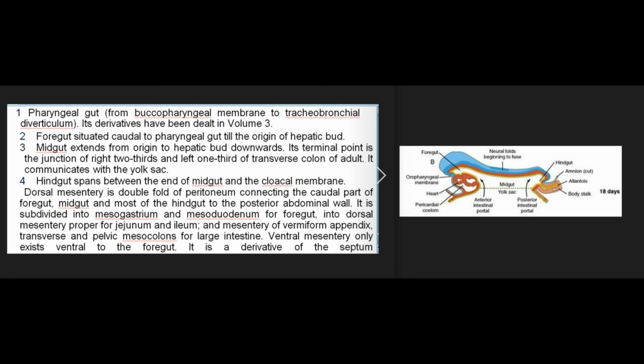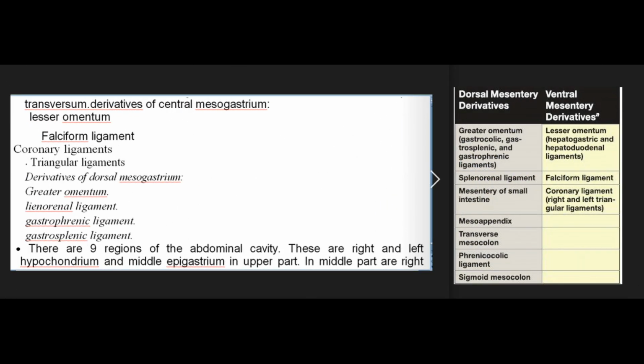Dorsal mesentery is a double fold of peritoneum connecting the caudal part of the foregut, midgut and most of the hindgut to the posterior abdominal wall. It is subdivided into mesogastrium and mesoduodenum for the foregut, into dorsal mesentery proper for jejunum and ileum, and mesentery of vermiform appendix, transverse and pelvic mesocolons for the large intestine. Ventral mesentery only exists ventral to the foregut. It is a derivative of the septum transversum. Derivatives of ventral mesogastrium: lesser omentum, falciform ligament, coronary ligaments, triangular ligaments. Derivatives of dorsal mesogastrium: greater omentum,